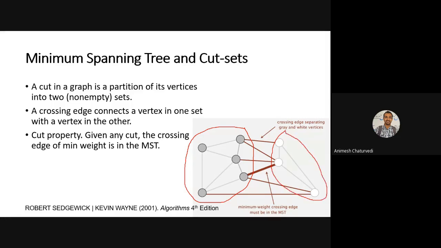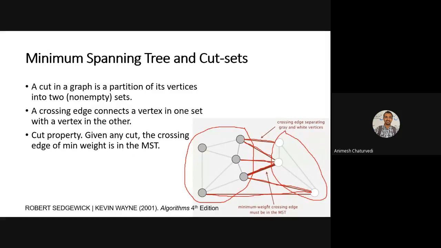So the edges which are highlighted, like this edge, and this edge, and this edge, this edge, and this edge. All these edges are what? Crossing edges.